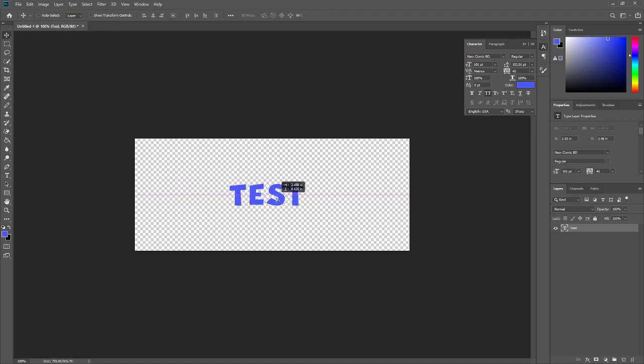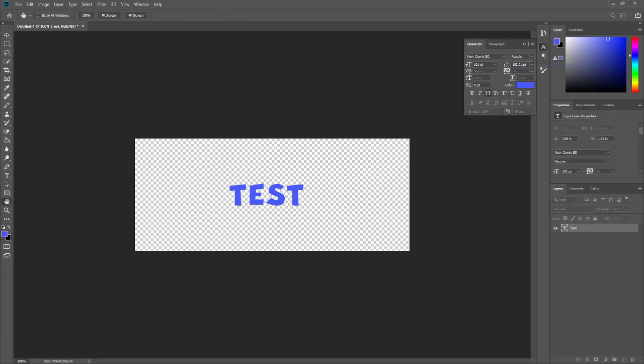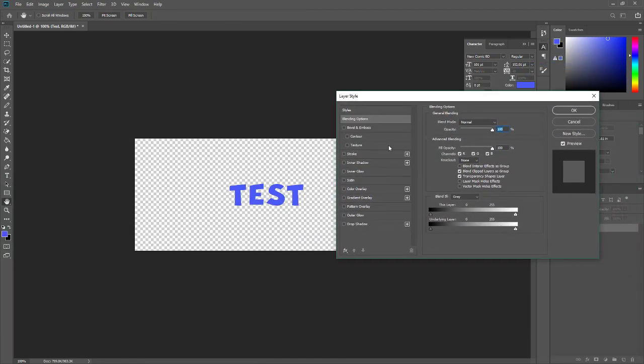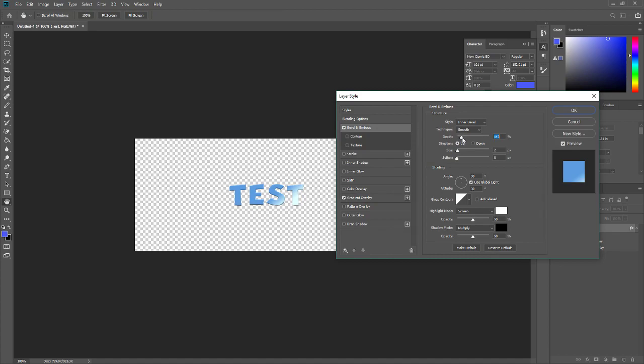Most of the editing you're going to do for fonts is going to be right here. Right click, blending options. Bring this over. And everything you really need to edit a font for a general setting is going to be right here. You have your gradients, so we can put that gradient on there. We can bevel it. Do a bit of bevel. Now, I'm not going to explain what all of these do. It's pretty self-explanatory with just these descriptors here. But if you play around with them a lot, you find adjustments and settings that really work best for you